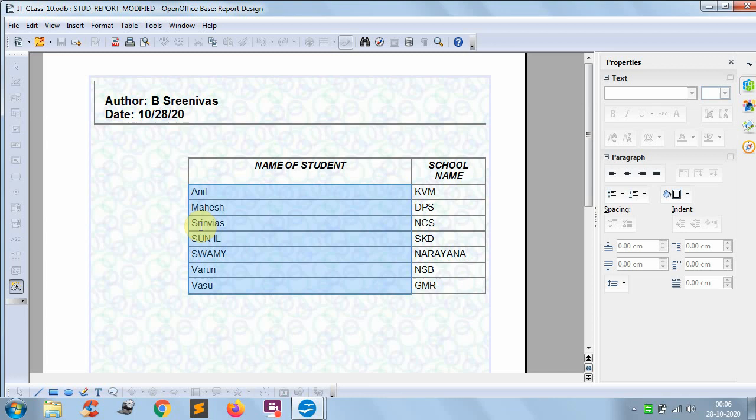So I hope that you are clear with the tables, forms and reports. You have to mainly focus on the table on which you have created the data. The same table should be used for the form, and the same table should be used for the reports. Then only will the data be interlinked properly. I hope that everyone is clear, and if you have any doubts you can ask me here. That's all.